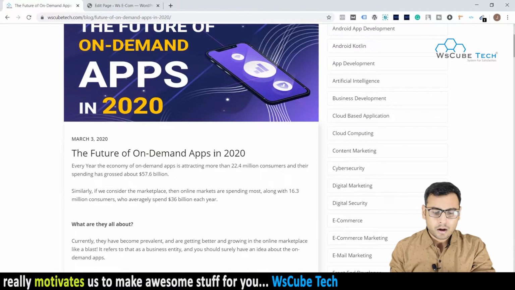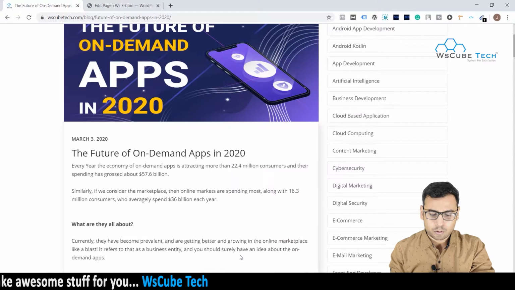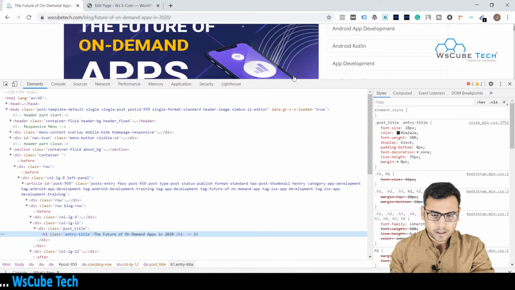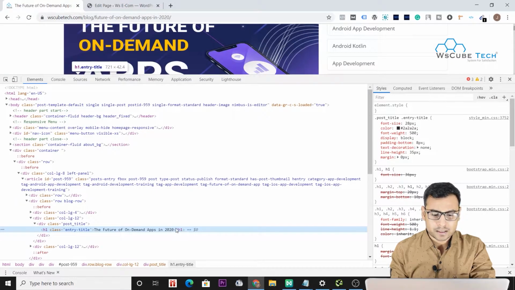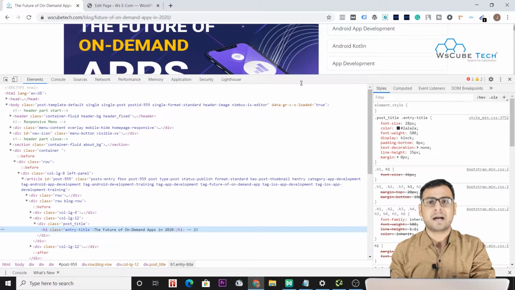This is basically the H1 tag. We can confirm it by right clicking on it and going to inspect, and here we can easily see that it is showing H1, with the text The Future of On-Demand Apps in 2020. Since this blog runs on WordPress, in WordPress your title is by default your H1.